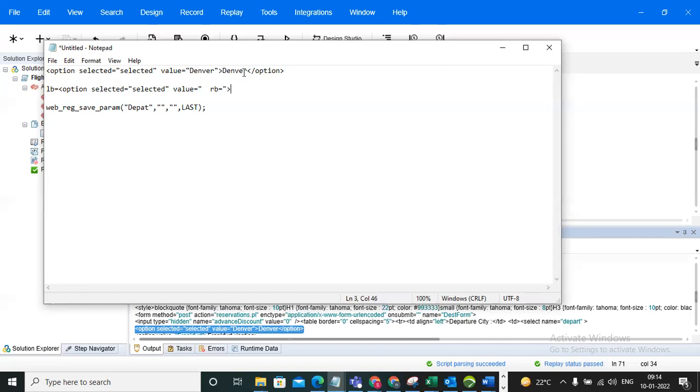Here we can take two ways also. You can consider this is the dynamic value. This is also Denver only, right? So this is the dynamic value. Then we can consider this is the left text and this is the right text. Means we can do it two ways. We can take any one, it is fine, no problem. Okay, so now I take this one. You can copy this one and place it as an argument as the LB, and this is the RB.